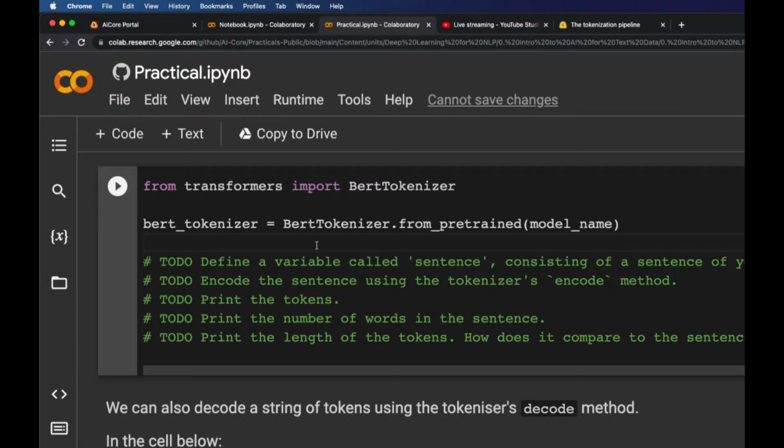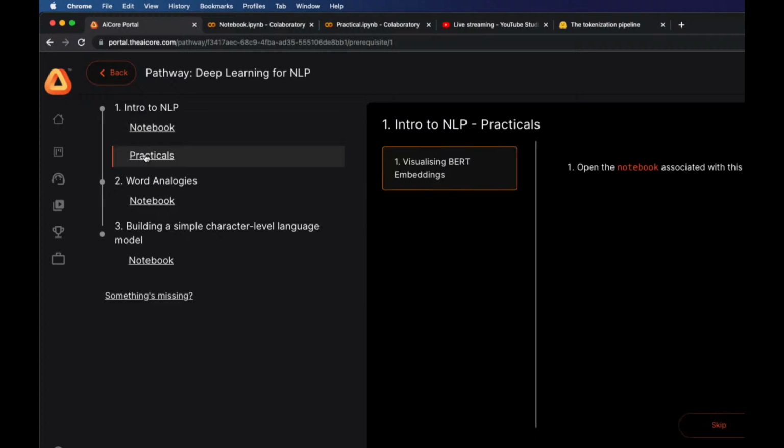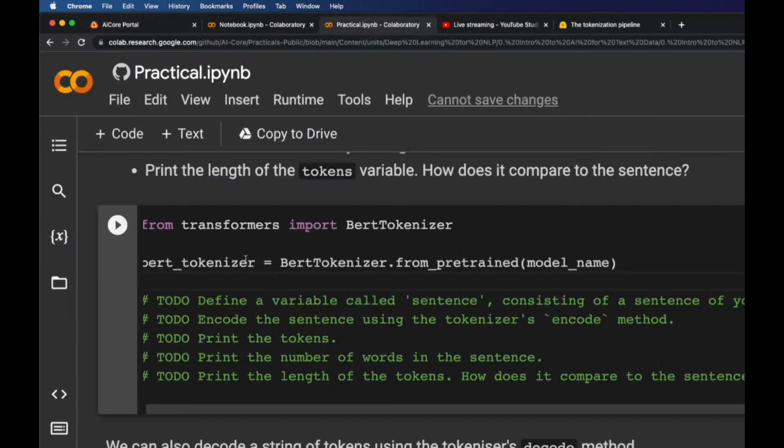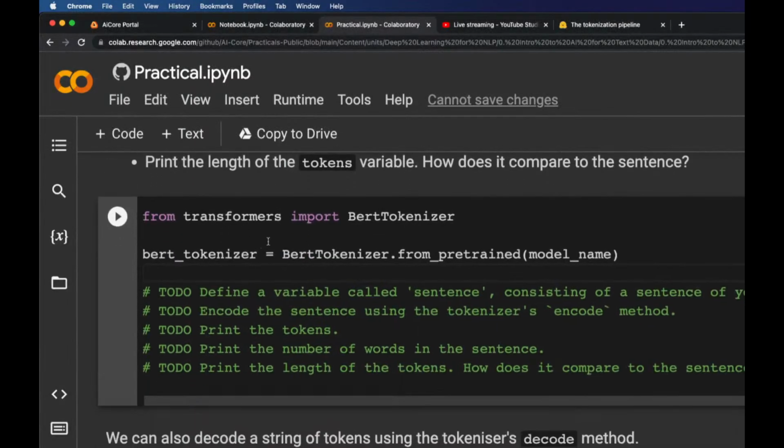Okay, so what might be easier to read than the docs, although it's good to understand this from scratch, is this cell inside the practical. If you go to the portal, access the practicals, and open the visualize BERT embeddings practical, scroll down a bit past the stuff which we'll come back to, but here's a good template for using a tokenizer. You can go from transformers, import the tokenizer that you want. There are loads of different tokenizers available. This is the one that's used for that model, BERT,